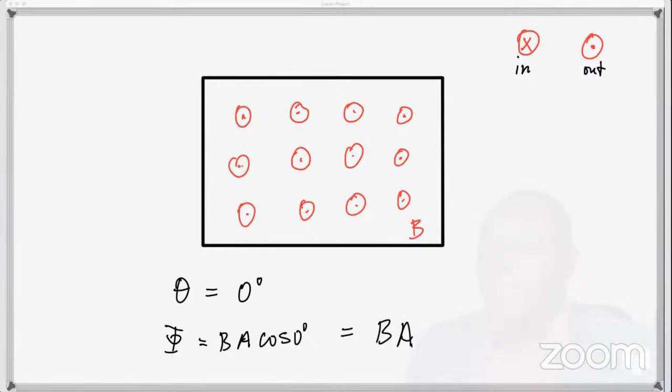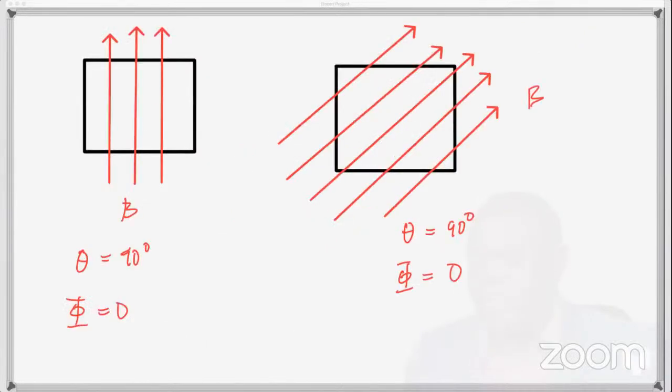when the magnetic field is perpendicular to the area. In other words, perpendicular just means it's in the same direction as the normal vector. And you can see here, if we counted the lines, you have 1, 2, 3, 4, 5, 6, 7, 8, 9, 10, 11, 12 lines, all going through the plane of the conductor. And that's why the flux here is the maximum, because all the lines are going through. In the other cases, the lines were just flying across. None of the lines were actually going into or out of the plane of the conductor.